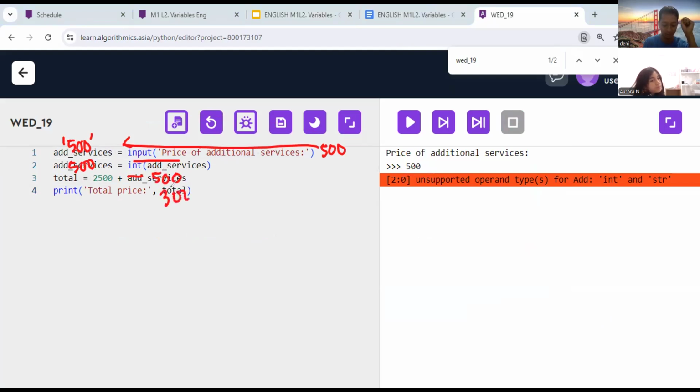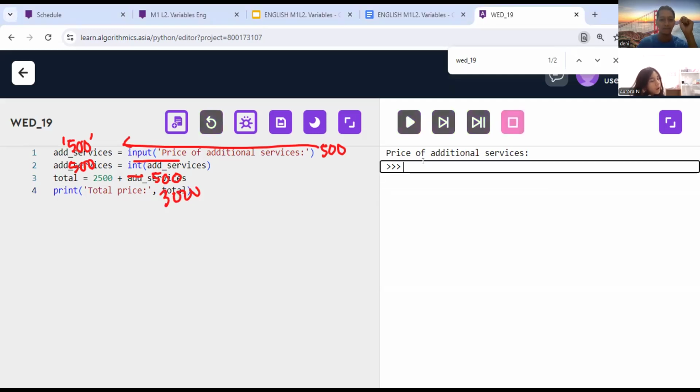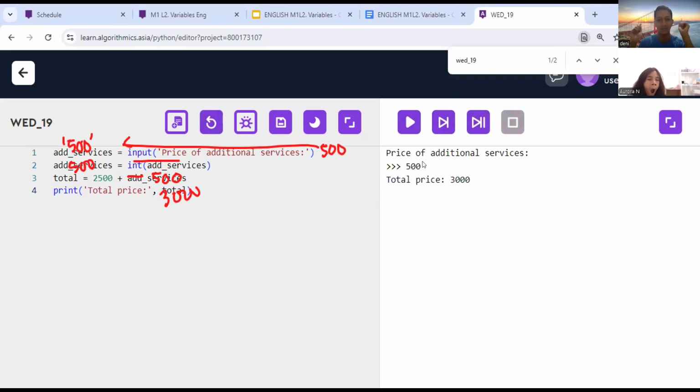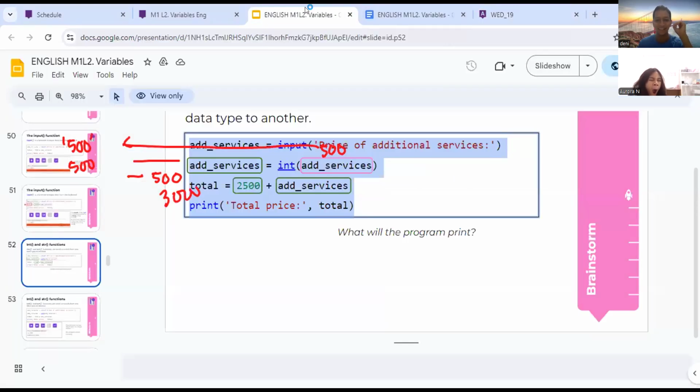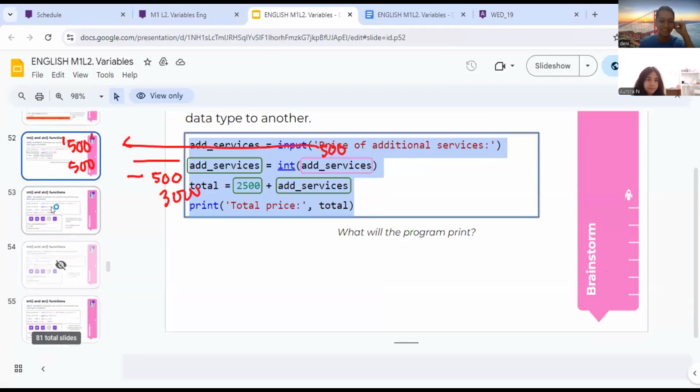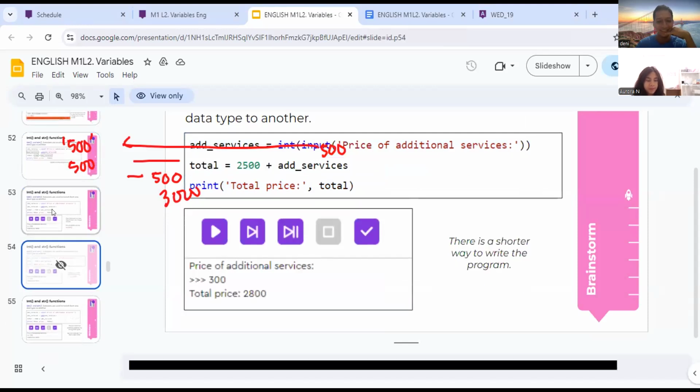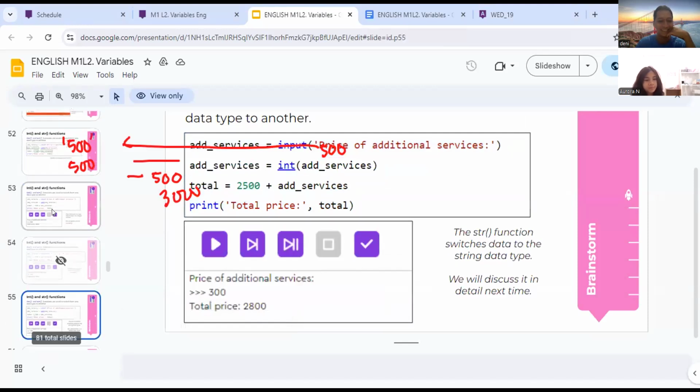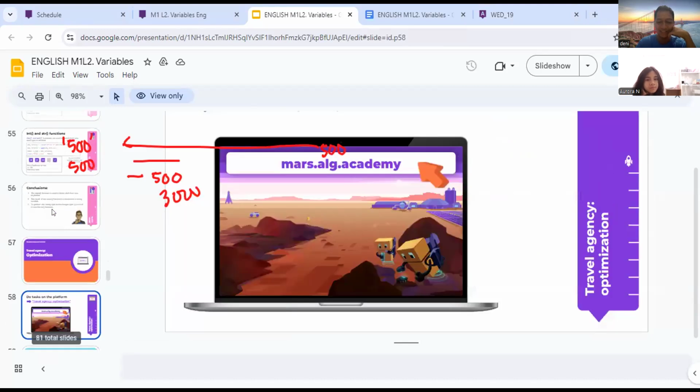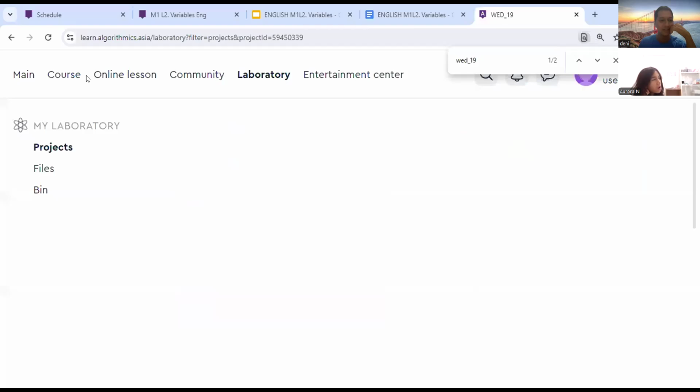So it will result in 3,000. Okay, like this. Are you sleepy, Aurora? A bit. Okay, it's fine. Any questions so far, Aurora? No. Okay, we can start the next task.